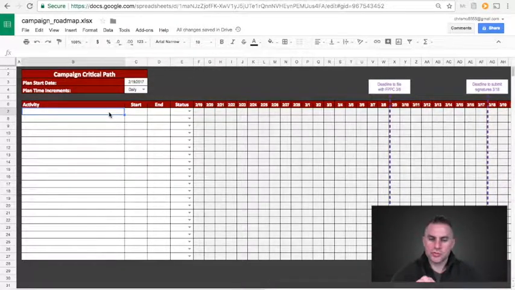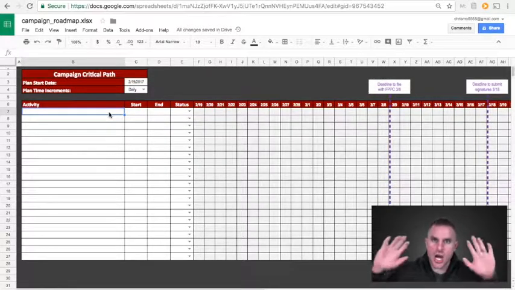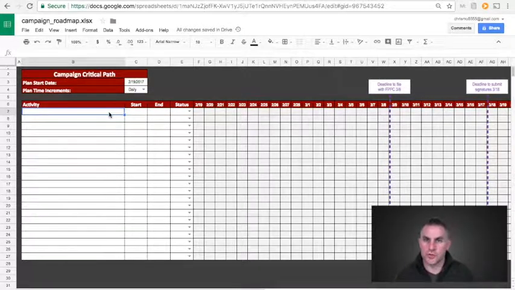So I wanted to talk about critical path because it's something that you should definitely create for your campaign. You have in one spot the activities that must occur, otherwise you cannot be a candidate. Like you cannot run for office if you don't do these things. I've done a little brainstorm here and wanted to cover the activities that I could think of. The first one that comes to mind, let me look at my notes I have here for you,